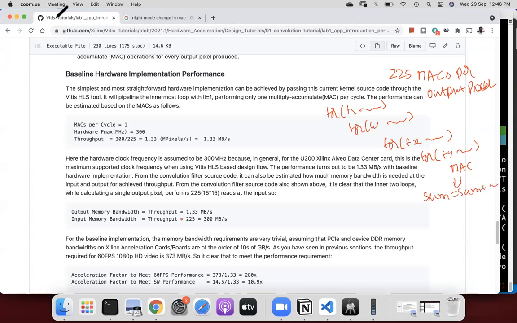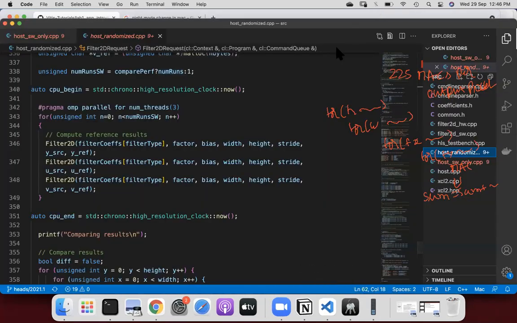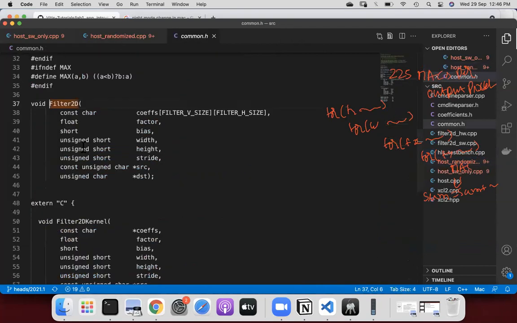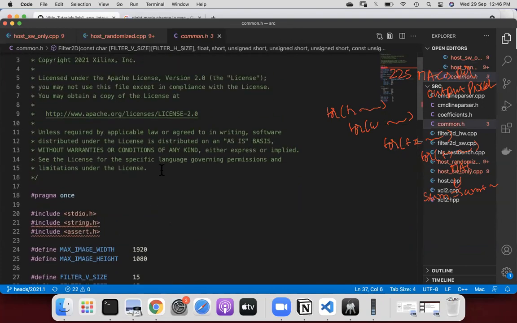Just let me show that again for you, so that if you see the code, you'll feel more comfortable. Filter 2D underscore software.